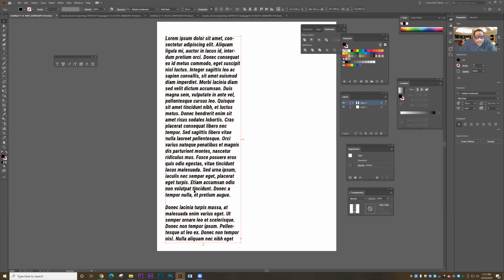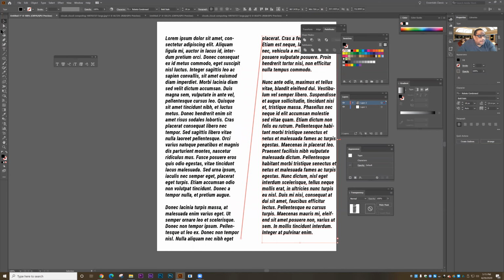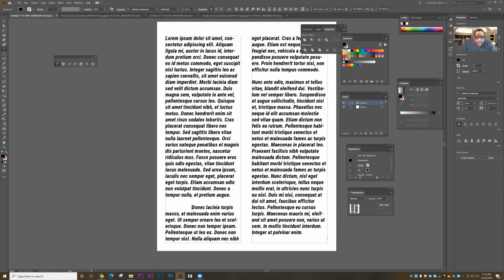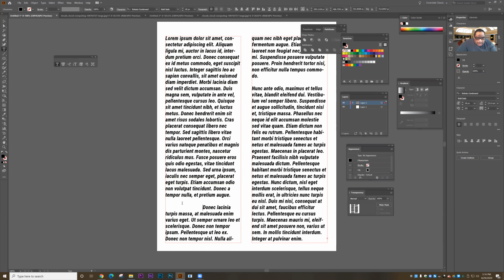Now, what are some of the options? First thing let's look at is anytime you see a little red plus down at the bottom, that means that there's more text than can be shown comfortably in that box, which means you either have to create another linked block of text or make the text smaller. I'm going to create another linked block of text by clicking into that, coming up and clicking next to it. And now I've got what is called linked blocks of text. And the text will flow from one container to the other. See, it's starting to go from the top to the bottom from there. And so these blocks of text are